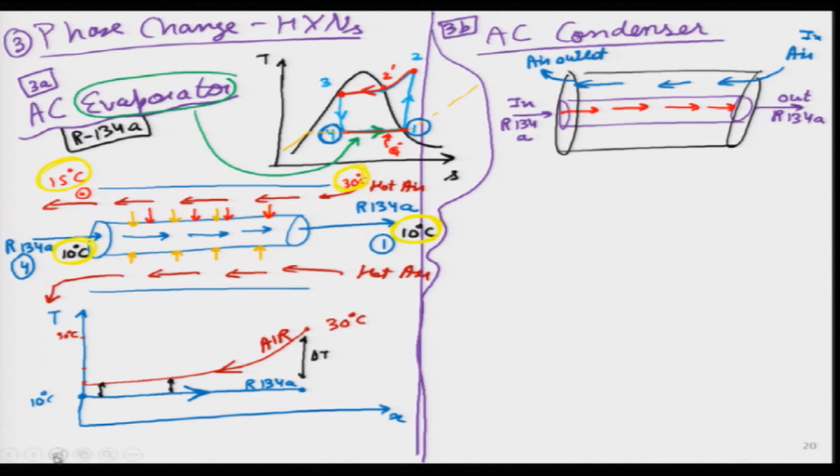So, let me pick some typical numbers and then try and put them over there. So, refrigerant, just some rough numbers I am putting over here. Enters at 60 degrees, comes out at 60 degrees, but it entered as saturated vapor in this state 2 prime, and it came out as saturated liquid at state 3. So, I am just focusing on that phase change part.